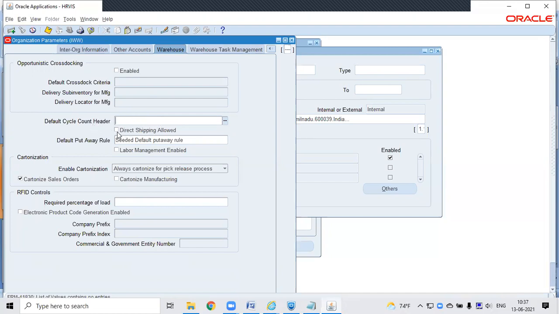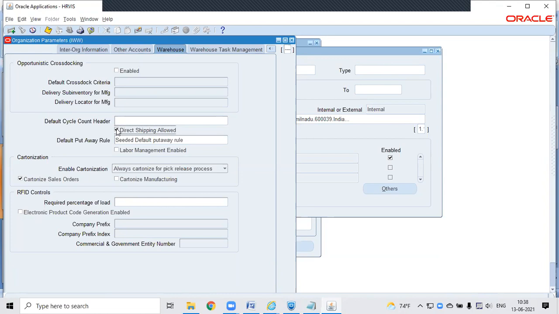The next is direct shipping allowed. We have direct shipping functionality in the WMS where, without doing the pick release, we can directly ship an LPN against a sales order. If you want to enable that, you have to enable direct shipping allowed here. Only then can you directly ship the LPN for a particular sales order without doing the pick release process.